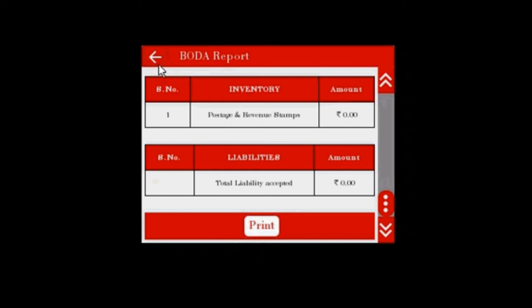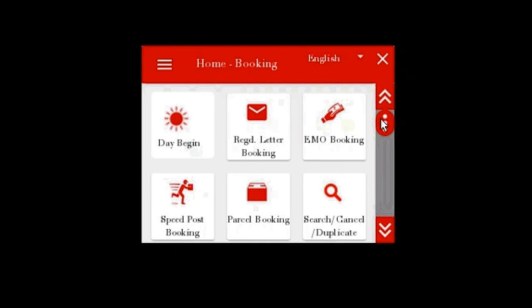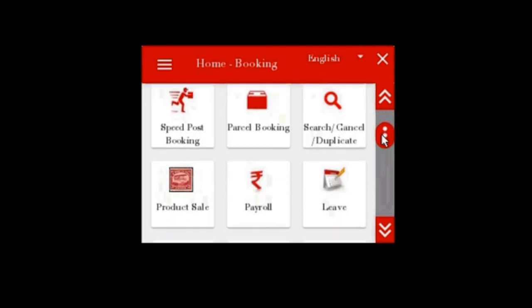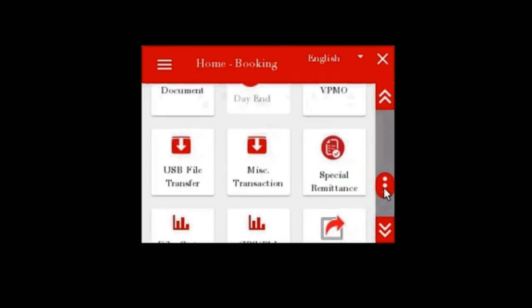Now we have printed our BO daily account. Printing is done. Our demo booking work is completed.